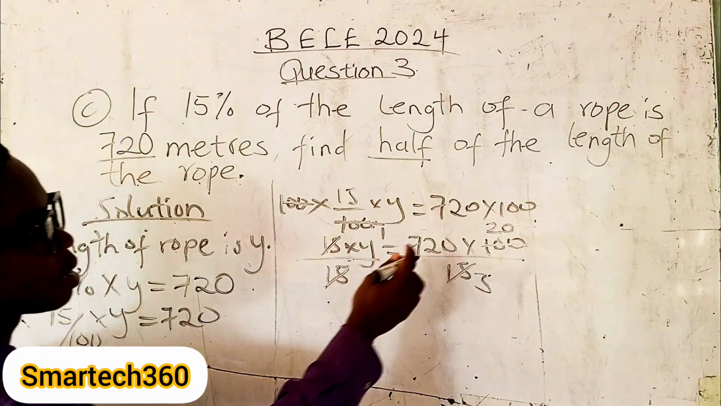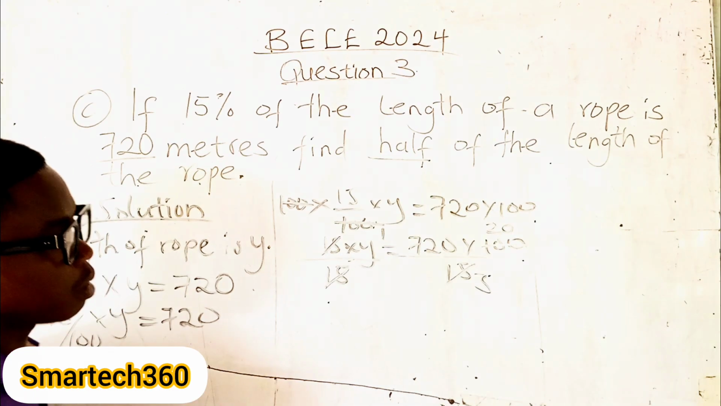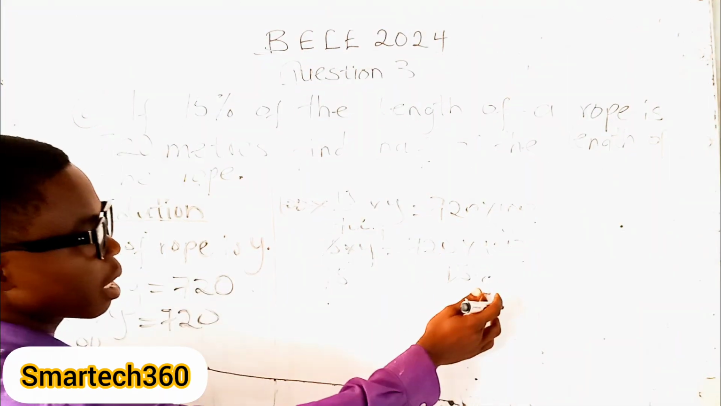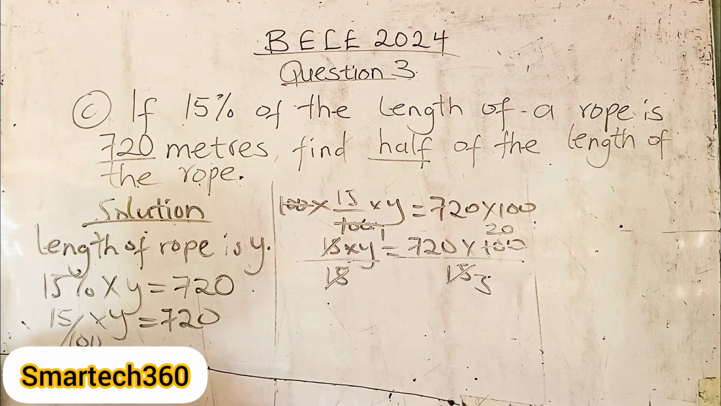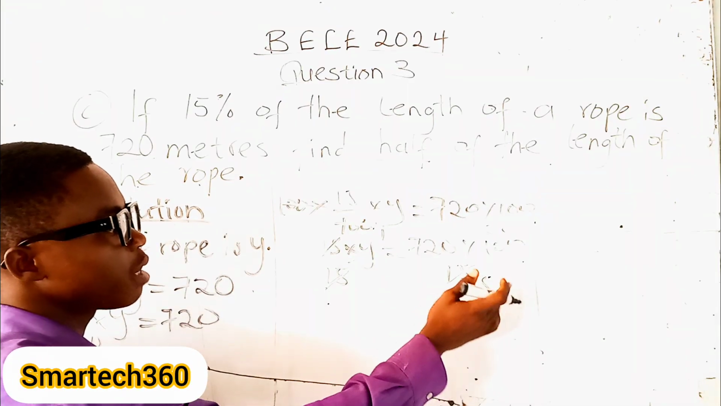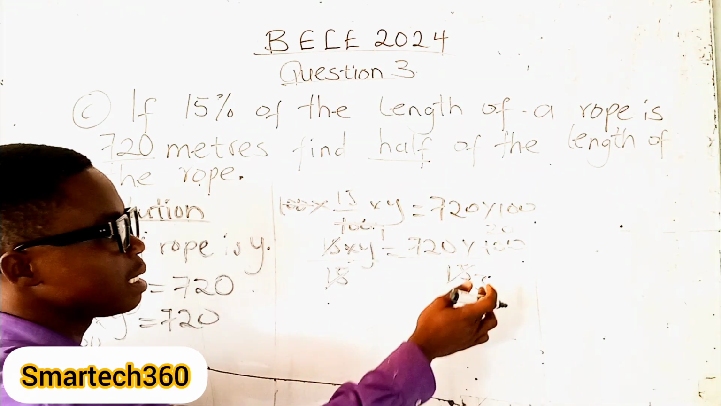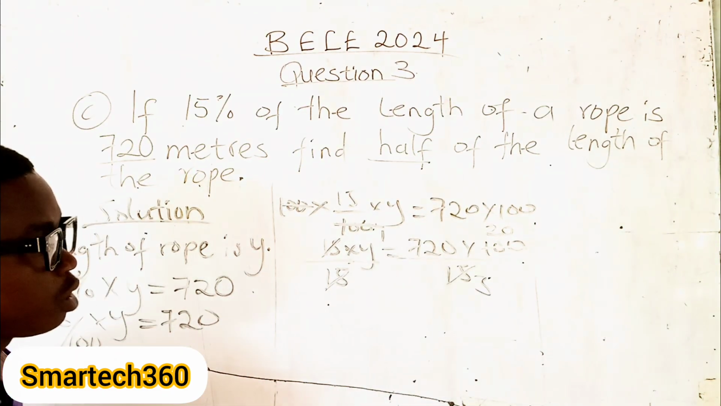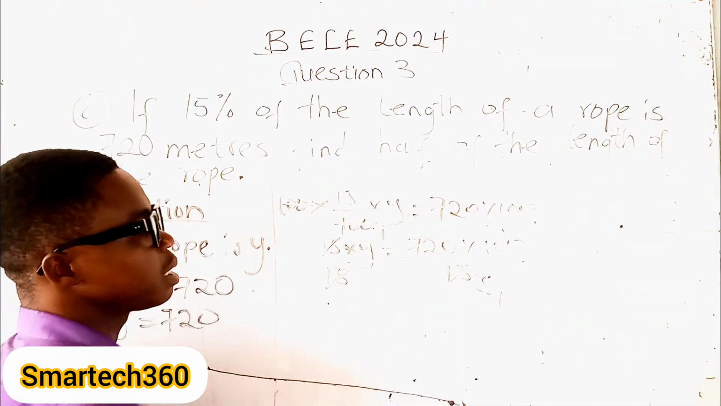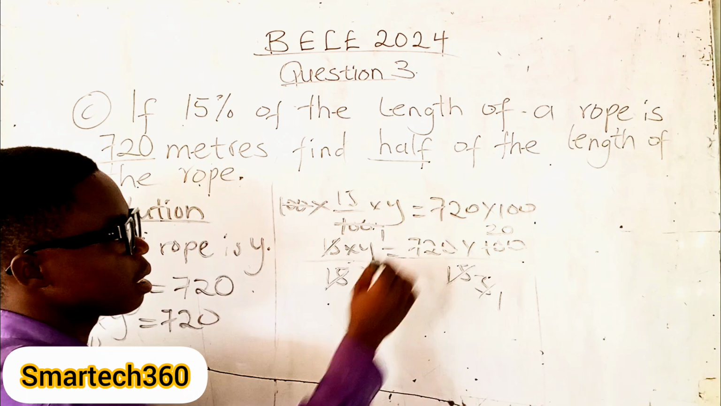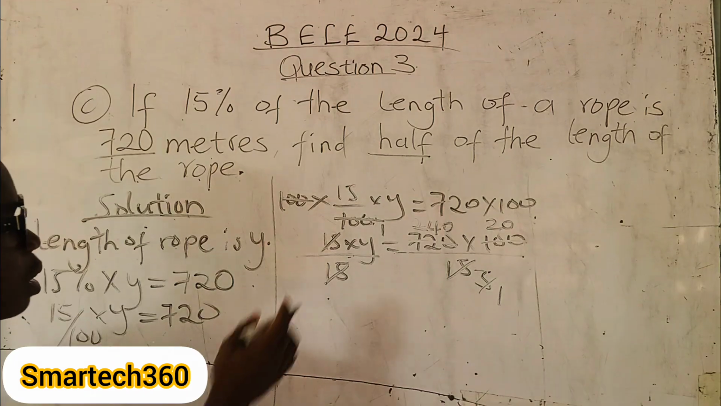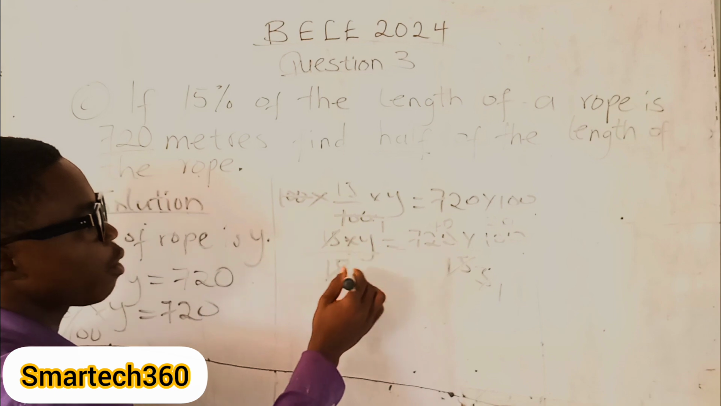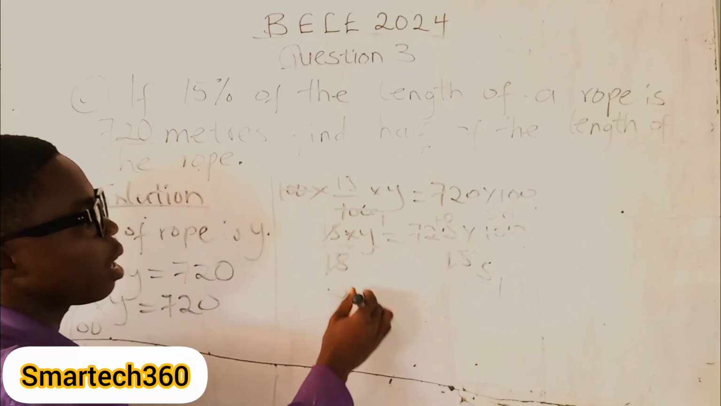Again, you take 720 and 3. Find the highest common factor of the two. Then if you do that, the highest common factor of 720 and 3 will be 3. So you divide 3 by 3, get 1. Divide 720 by 3, you get 240. Okay, so this means that our Y will equal